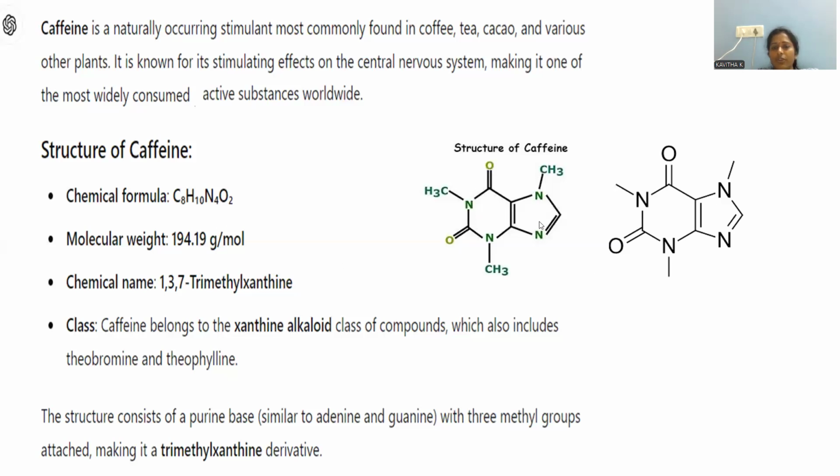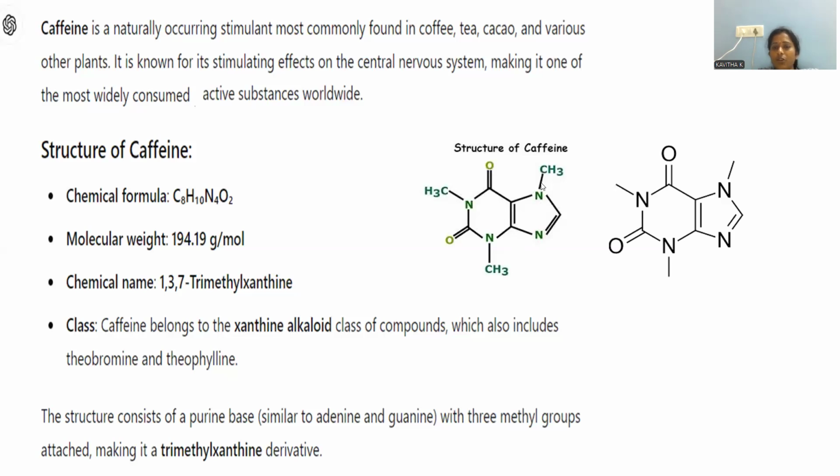If you observe, you can find it is a fused system where you can notice heterocyclic rings. Two heterocyclic rings are present. This cyclic system has nitrogens at the 1,3 position, here also 1,3, and this is a kind of natural ingredient where you can find four nitrogen heteroatoms within the ring system, and two ketonic functional groups are located, and all the nitrogens are methylated except one. Three nitrogens are methylated. Another one is tertiary. So this is the way the entire structure of caffeine is presented.